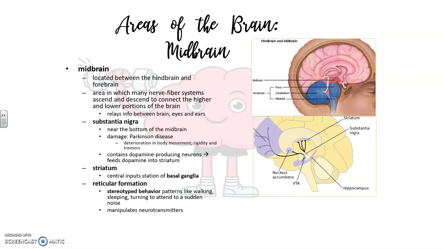and if this area is damaged at all, or there's any deterioration of this area, you most likely have Parkinson's disease. You will see people have those quick movements, slight tremors, very rigid, and this area of the brain contains dopamine. The striatum is the central input station with the basal ganglia,